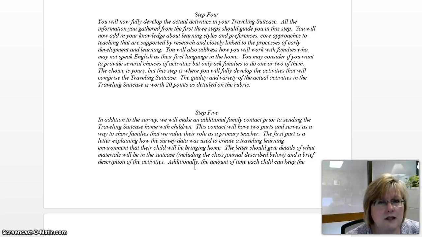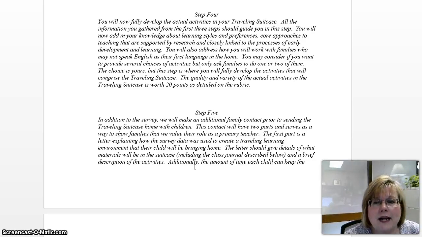A lot of students like to do this out of order. They like to plan the activities because that sounds fun, and then do the other phases after this. You just need to be really careful that this is indeed developmentally appropriate for the age that you tell me the suitcase is going to be, and that it matches up with the survey. If you want to work backwards, you're going to have to think hard about that. With step 4, if you're doing it in order, you have all of that information in place,